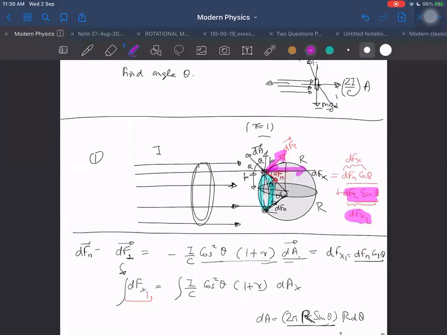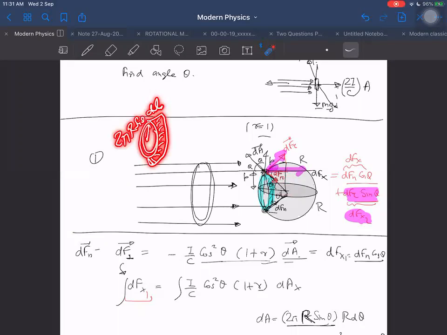Can't you see the vector of this here? I am drawing this ring here. Can't you see what the area vector of this is? This is R here, and this is the theta angle in between these two. So what is this, R sin theta? Then the circumference is 2 pi R sin theta, into dL. dL is R into d theta, the length of the arc. So the length of the arc is dL, and this side is 2 pi R sin theta, the circumference, into the width of this.